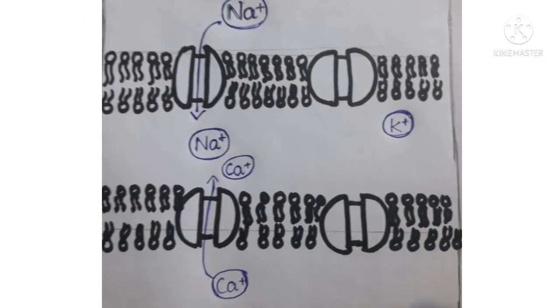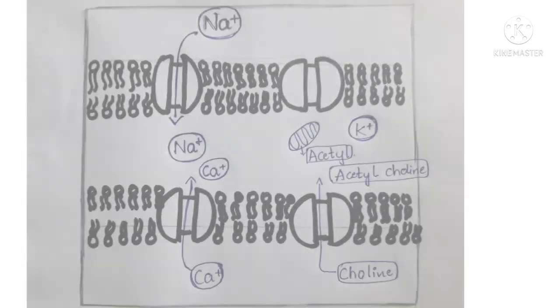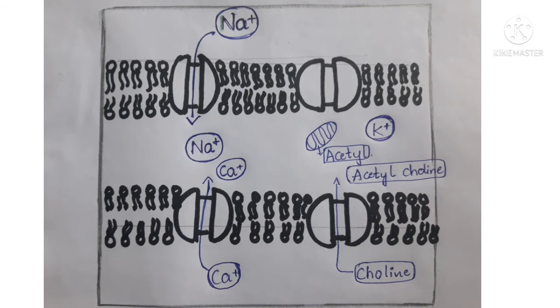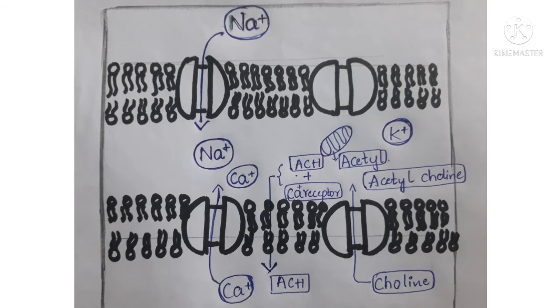Along with that, the calcium gated channel also gets opened. Through this, the calcium also starts coming inside. Once the calcium starts coming inside, the choline also starts coming inside. The acetyl which is present in the mitochondria reacts with the choline to form acetylcholine. There are a lot of calcium binding receptors. This acetylcholine binds to the calcium binding protein, as a result of which it gets released